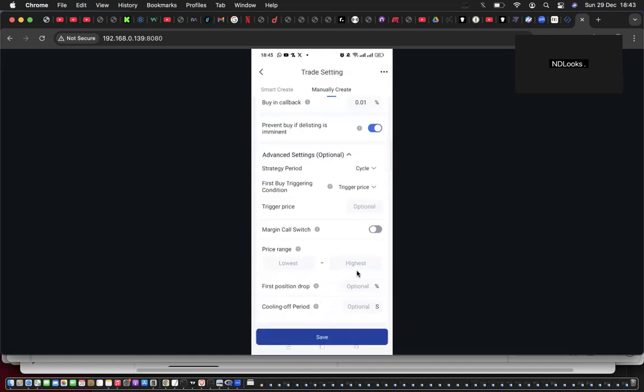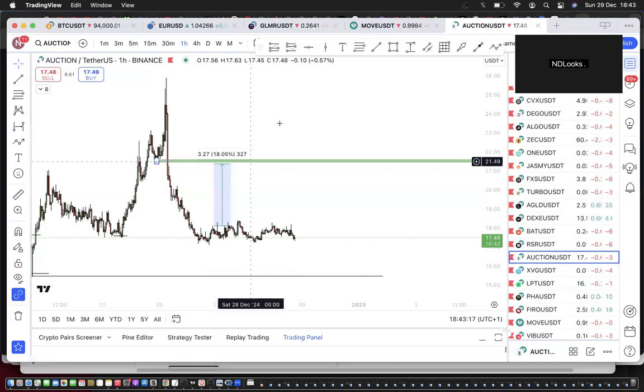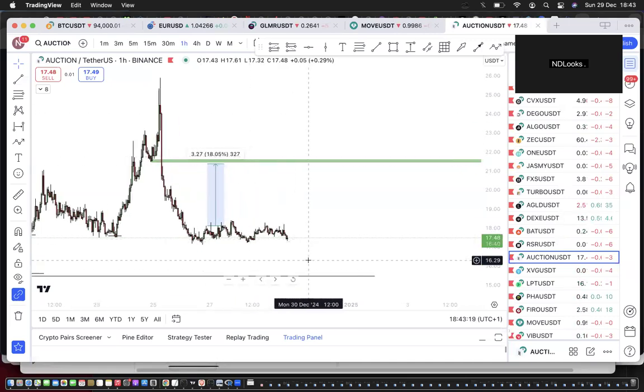Just come down to lowest and highest. So the price range is what you need here. So what could be your price range here? So let's go back to the chart. All right, if you look at this, I know that this price could come down here. So my price range here could be something like, I could just come from here, just above here, and say,